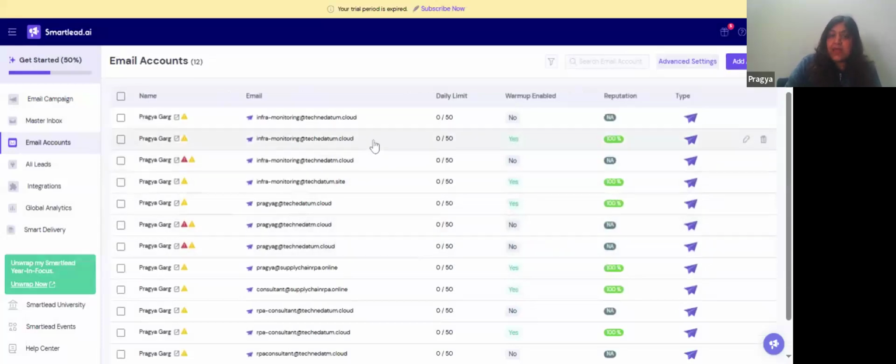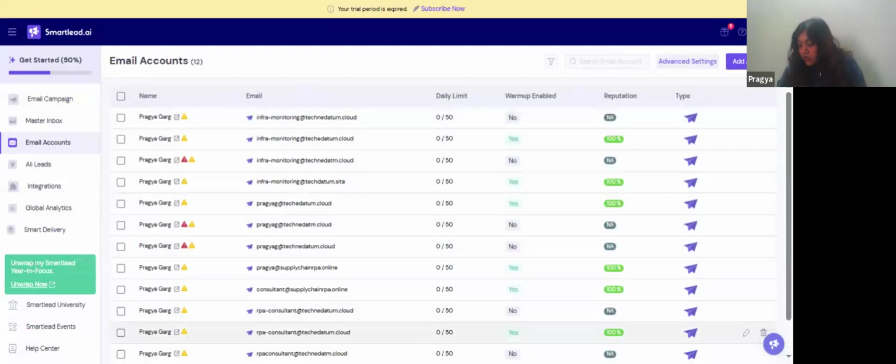So per email every day to maintain, it says 50, but do not do 50. Every day you should send out 30 emails from one, and subsequently you will be sending follow-ups also. So when you use 30 for one, you can count, right? For example, you have 10 emails. Every day you're sending out 300 emails, which is actually quite good, right? It is not affecting your domain, and once your reputation improves, you can even jump up to 50.